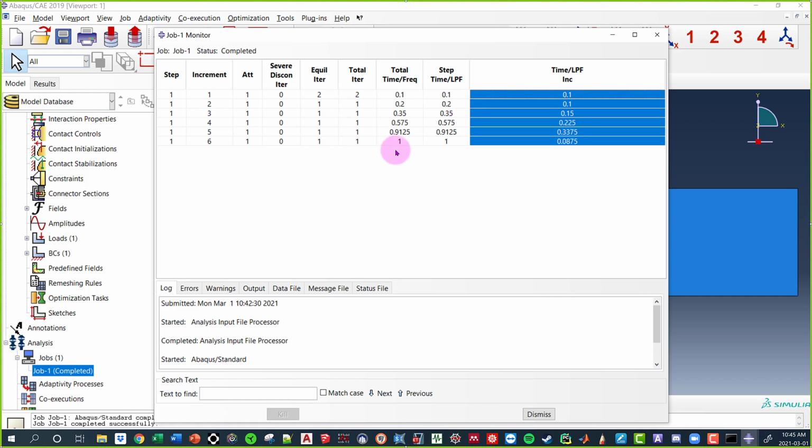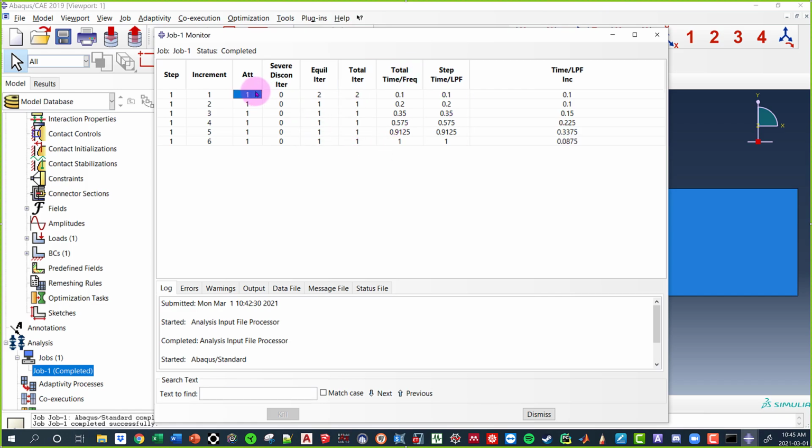And the opposite is true. What happens in ABAQUS is that it attempts something, and let's say that it is unsuccessful. Let's say that going from 0 to 0.1, it diverged. What happens is ABAQUS will decrease the step size. So instead of going to 0.1, it might go to 0.05 and try again. And it's going to keep trying. Now, if ABAQUS has five unsuccessful increments in a row, it'll quit the analysis. ABAQUS will say that this diverged, we're quitting.